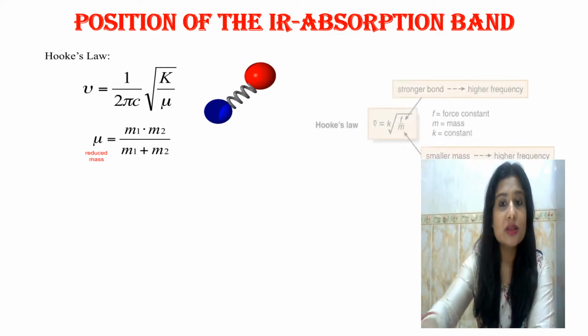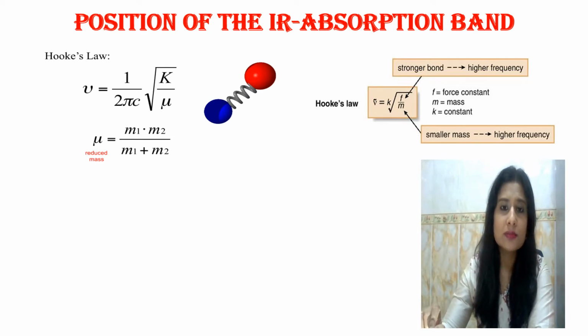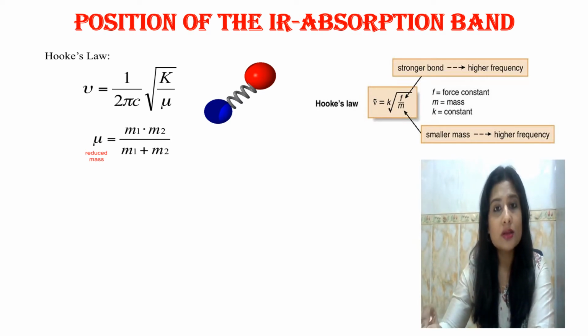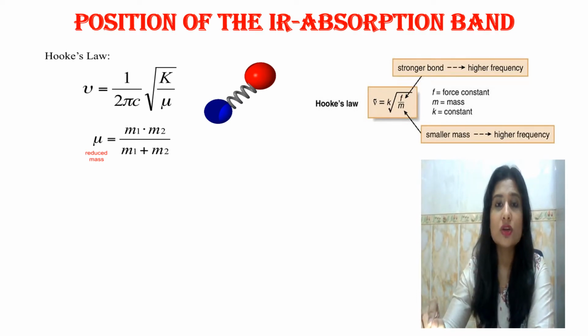And the equation represents the change in the frequency of vibration as the other physical properties of the system change. So according to Hooke's law, the frequency of vibration is directly proportional to the force constant. Now what is a force constant? Force constant is the measure of the strength of this covalent bond. Okay, so the stronger the bond, the greater will be the value of the force constant and more frequency will be required in order to stretch it. This is the conclusion of Hooke's law.